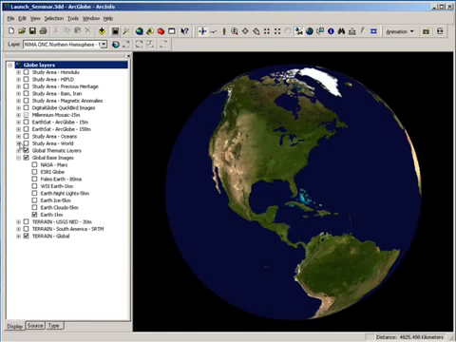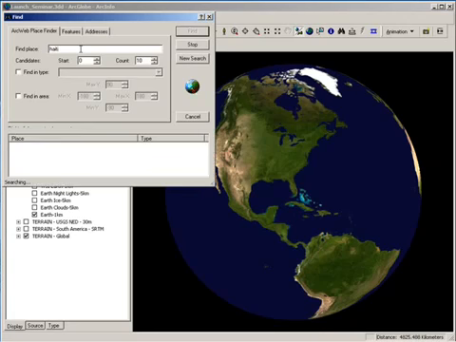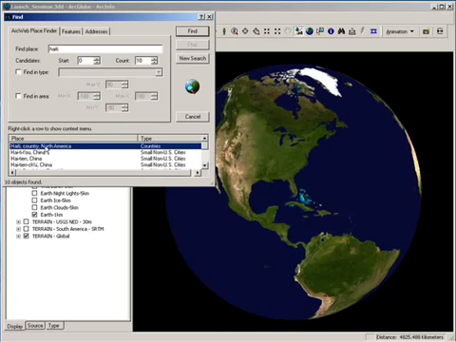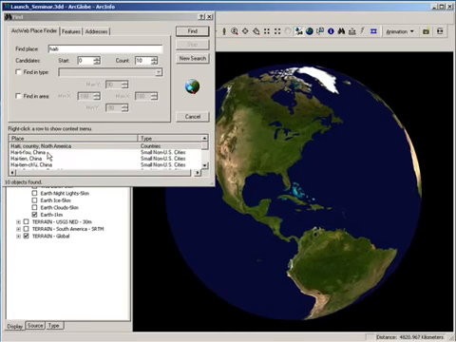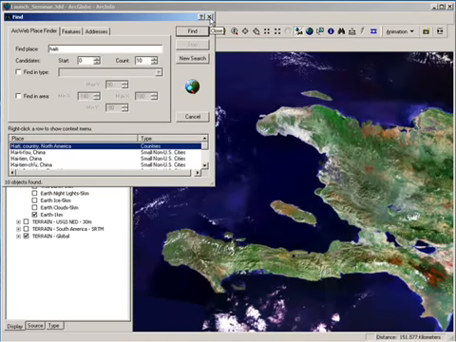Now the next thing we want to be able to do is look at more detailed information. ArcGlobe isn't just about being able to look at global data sets, but it's about the concept that we should be able to zoom in on the globe and see more and more detailed information. In this case, I'm going to use the Gazetteer tool, which actually is a web service that connects to the ArcWeb Placefinder. So we're actually now tying in web services, but the idea is that I should be able to type a place that I would like to go visualize or see on the globe, in this case Haiti. I can then choose that from the list of sources that were returned from the Gazetteer service, and it navigates